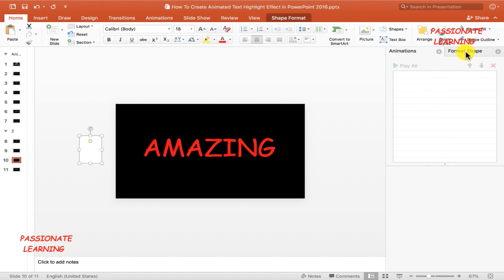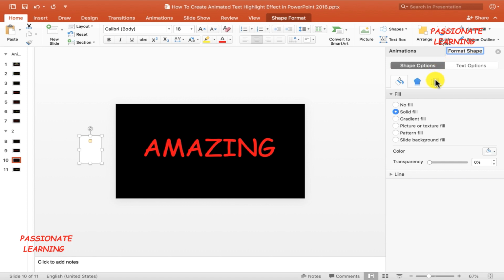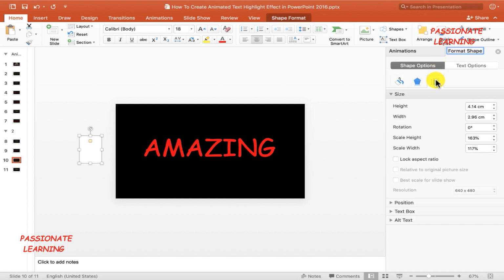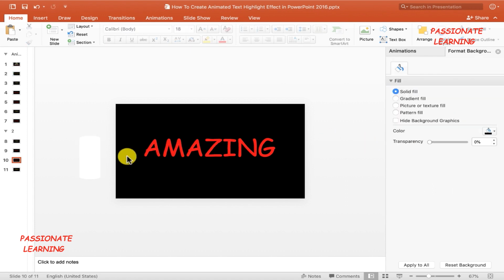Then let me come over here to the format shape option, to the size options, and for the purpose of this example, let me set the height as 6.5 centimeters and the width as 2.75 centimeters, like this. And after that, I need to add a glow to this can.